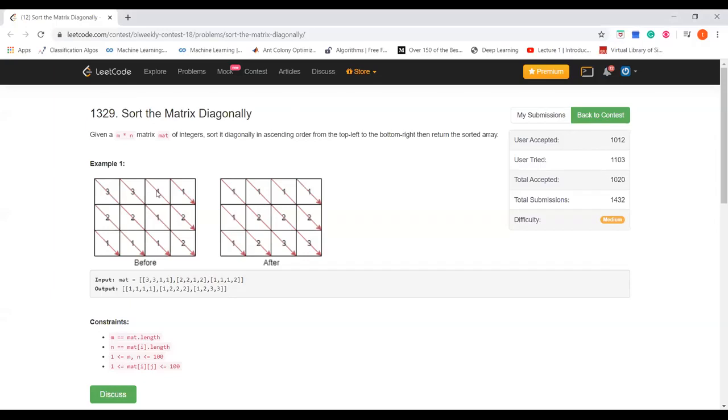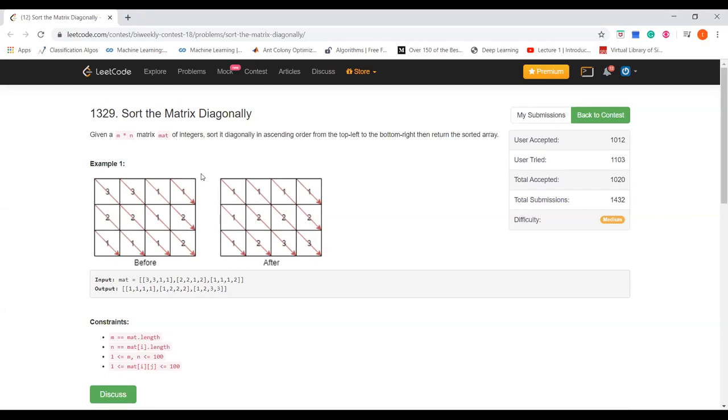So it should be n square log n then. Suppose n, it will be n square log n. Yeah, it's n square log n. nm log n actually. Actually, it will be n cube log n. If we consider n cross n, it will be n cube log n. No, no, no, because you will have n square diagonals or n square lines, and for each array it will take on average n log n for sorting. Yeah, sure, correct.